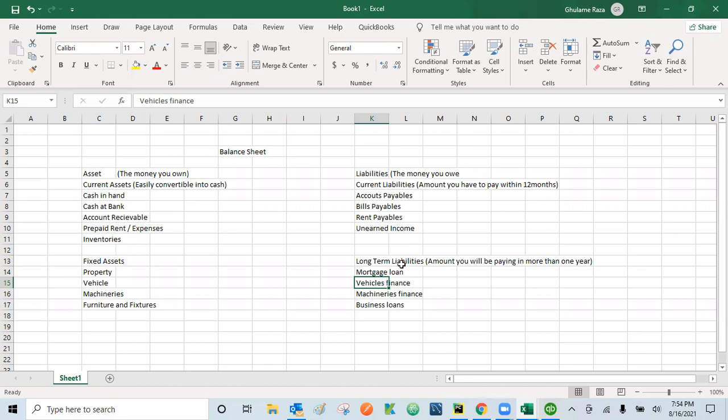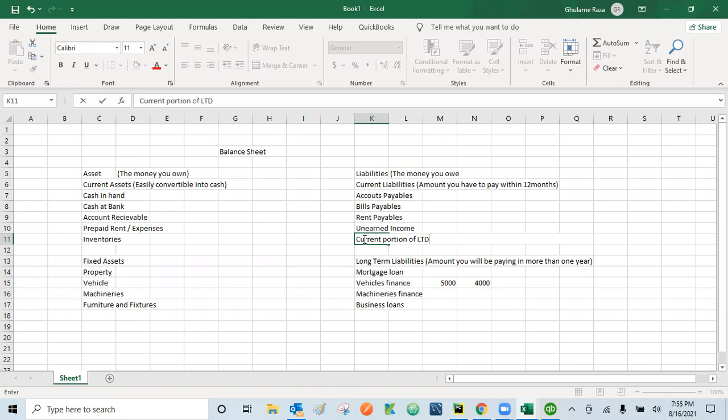So this $2,400 will be part of my current liabilities and the rest of the money will be part of my vehicle finance. Just to give you the idea, let's say I buy a car for 6,000. Actually, let me make it 5,000 so it will be easier. I bought a car for $5,000. I have to pay 1,000 this year and 4,000 in the next 4 years. After this year, I have to pay 4,000 more. So this 1,000 will be called the current portion of